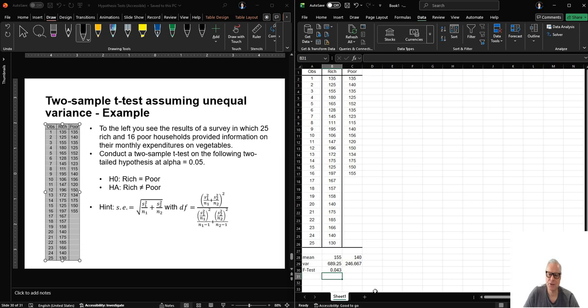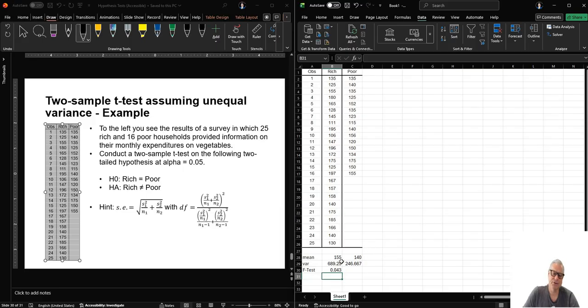So that means that if in those two populations from which we took the samples there were really no difference in the variance, then there's only a 4.3% probability that we could draw two samples that will generate that huge difference in